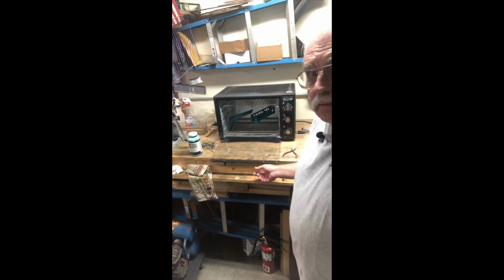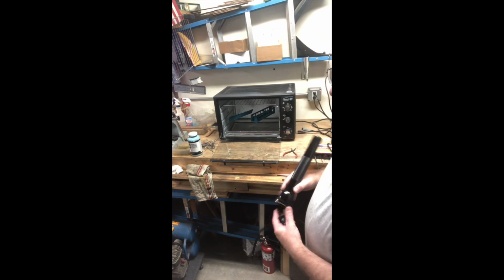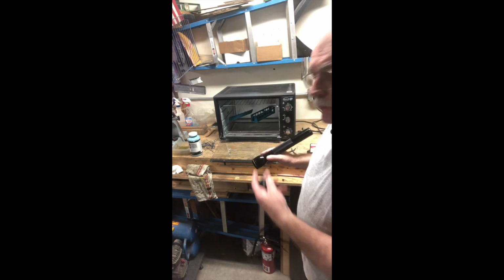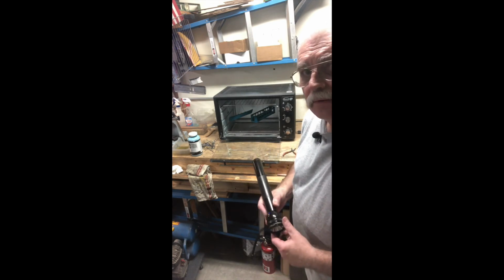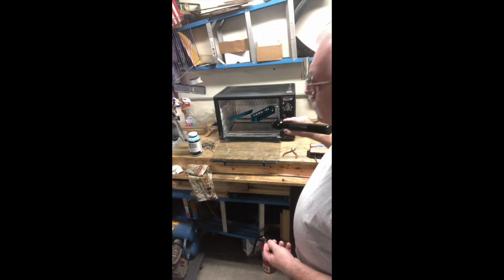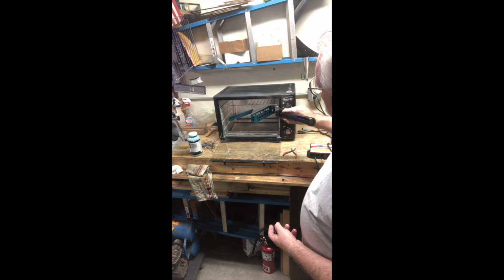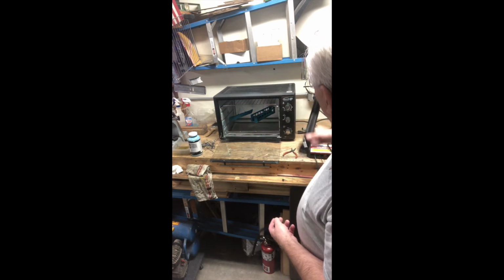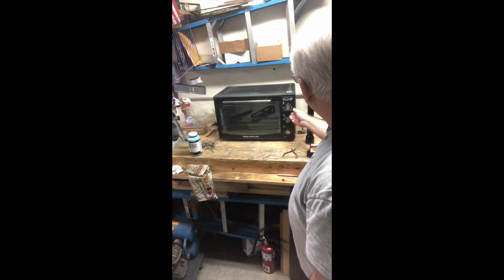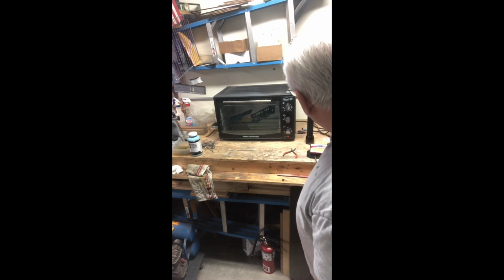Okay, we're back. Got these in the oven, ready to go. Normally I would have the oven heating up already while I'm powder coating. That way I can open the door and put them in the rack while it's fairly hot in there. But I just wanted to keep the door open for a minute and show you. Light's probably not as bright as it could be, but you can see the pieces inside dangling there ready to go. So what we'll do is close it up, turn it up to 450, turn my timer on, lights on,